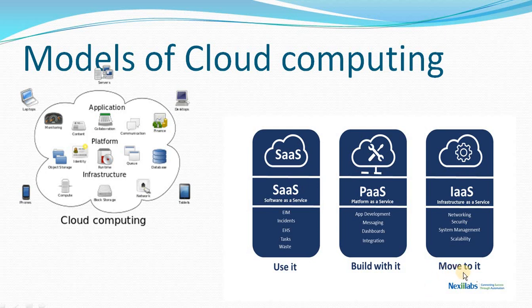IaaS, move to it. Now, you don't need to buy any kind of infrastructure. Just register to the services and get the infrastructure. PaaS, build with it. Your applications can be built on these particular platforms. Next, use it. Use it is SaaS, that is software as a service. The software is ready, everything has been done, and the user is just going to